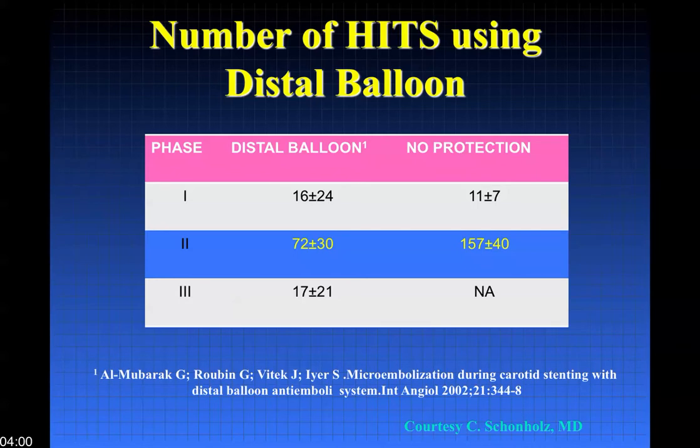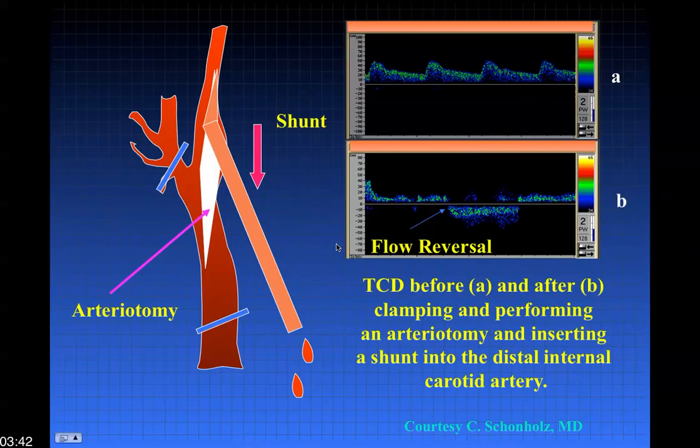Looking at this as a measure, we can compare it to distal balloons. In this first study that was published in 2002, you can see, looking at distal hits associated with balloons compared to no protection at all, that there was a significant reduction in the activity going on inside the brain. With flow reversal, we can actually see this flow reversal occurring, as you can see here in TCD, and we've actually demonstrated this in a number of live cases, the hit rates are markedly reduced in the